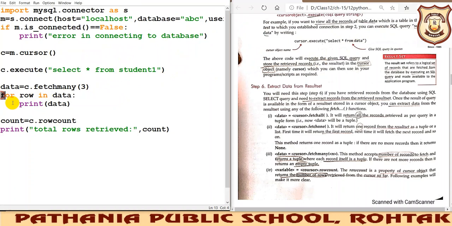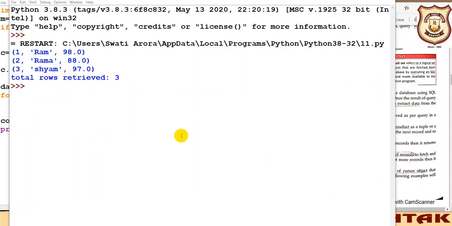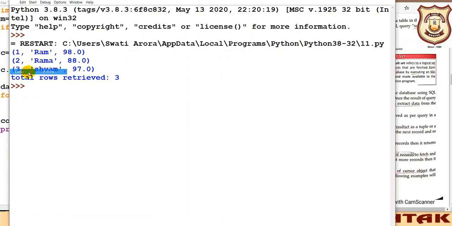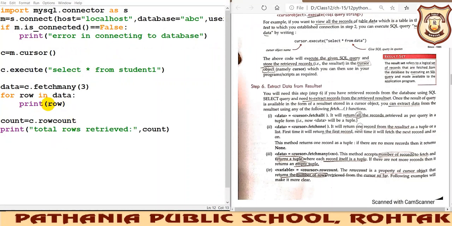Now one more thing I just want to add on. One minute. So this was the output that we were actually expecting. You will be getting it in this form while using this for loop. For that I have made one change here. I have written data here by mistake, and we need to make it row. Then it will give you the right output.